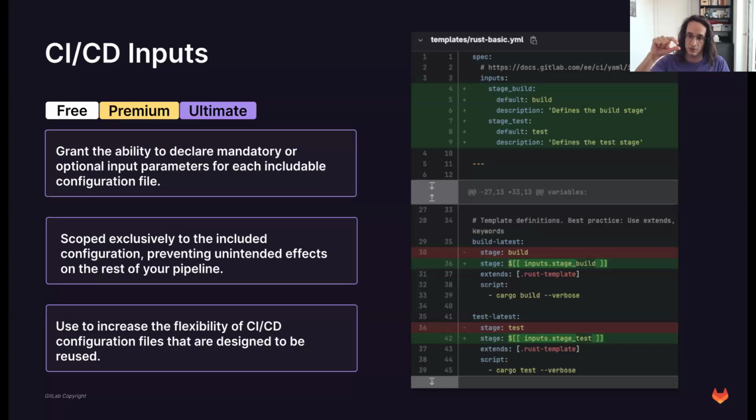If you are a software engineer, or if you've ever written a line of source code in your life, you can think of them as function parameters, right? In most programming languages, not all of them, the parameters in a function parameter list are scoped to the function itself. It works the exact same way with CI/CD inputs.